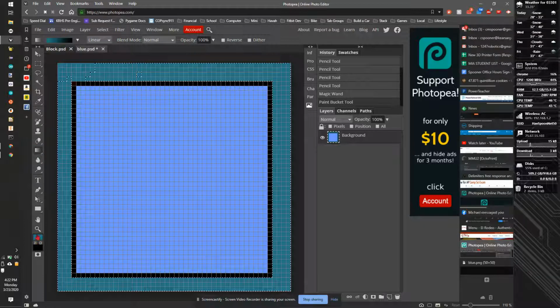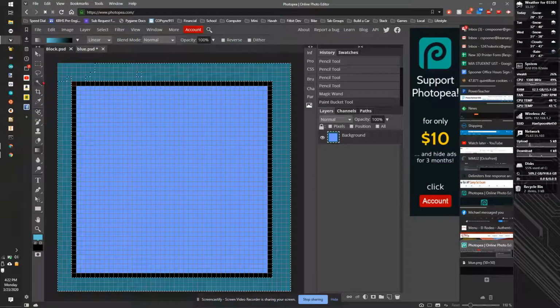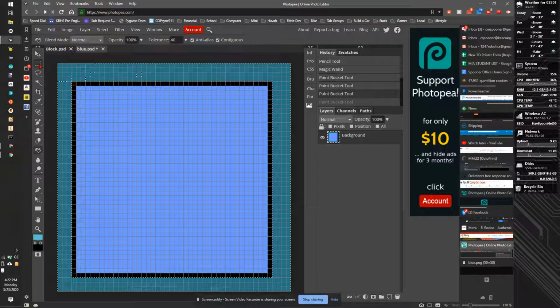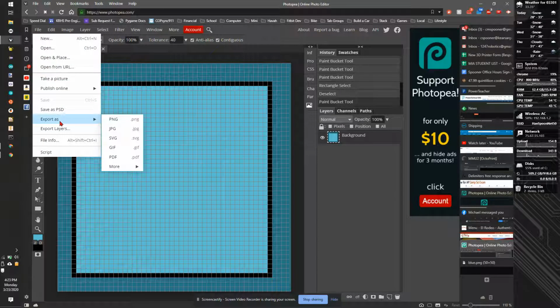So I'm going to select a new color. I'm going to go back to my color picker, and I'm going to pick a light color, hit OK. I can use the magic wand, or I can use the Paint Bucket. And I'm going to hit Escape. Control Z. I'm going to remove my selection. I'm going to select all. And I can now Paint Bucket in and fill it. I can now save this file, save as, export as PNG,